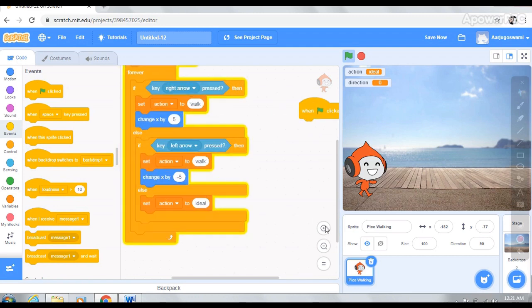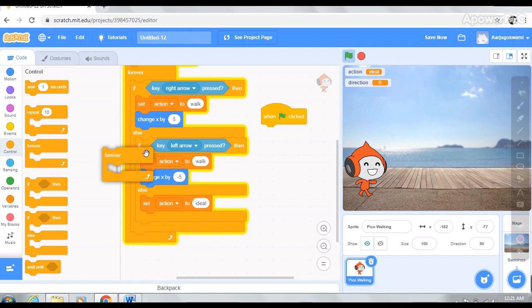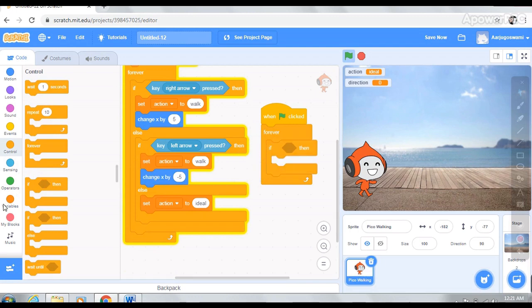So I select another event here: when the green flag is clicked. Then we are going to choose our loop, the forever loop, and in the loop we have a condition. So what is our condition?